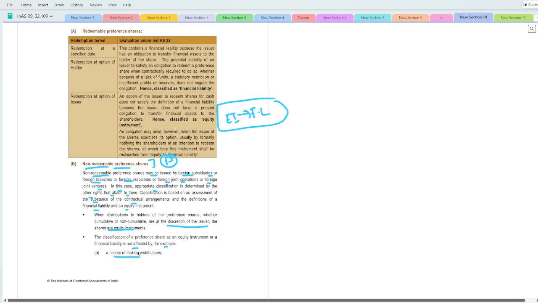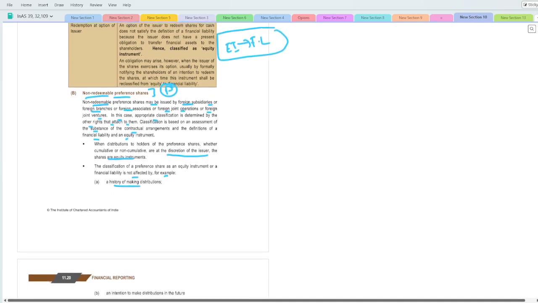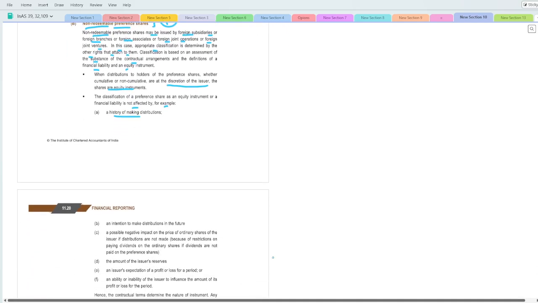कि हाँ भाई ठीक है, हिस्ट्री में आपने क्या पे किया है, वो सब चीज़ों से कोई इम्पैक्ट नहीं पड़ता है, आपका इंटेंशन से भी नहीं पड़ता है, आपका पॉसिबल नेगेटिव इम्पैक्ट, impact on the price of the ordinary shares, तो उससे भी कोई इम्पैक्ट नहीं पड़ता है। The amount of the issuer's reserve, उससे भी कोई इम्पैक्ट नहीं पड़ता है। The issuer's expectation of the profit or loss for a period, उससे भी इम्पैक्ट नहीं पड़ता है। And ability or inability of the issuer to influence the amount, उससे भी इम्पैक्ट नहीं पड़ता है।